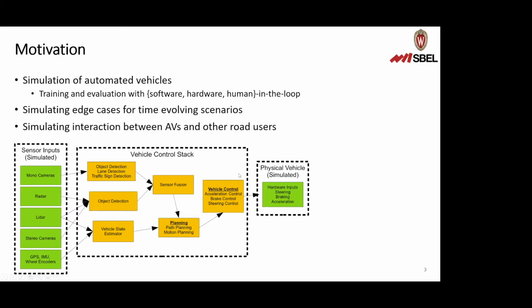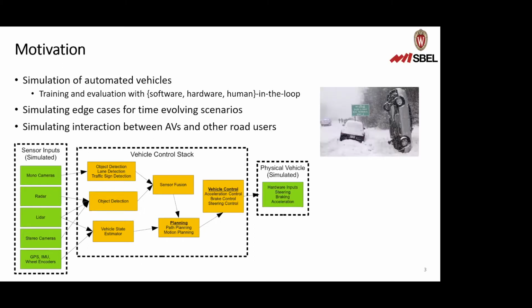And then of course that AV outputs a set of controls to navigate in the form of steering, braking, and throttle. As part of this simulation, we want to be able to take those controls and apply them to a dynamic model of the vehicle. In this way, we have a closed loop that includes the perception, control, and navigation of the